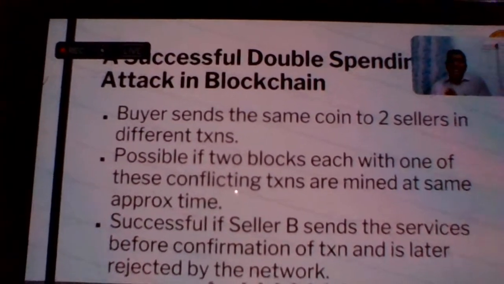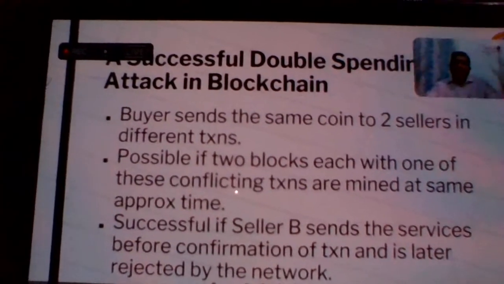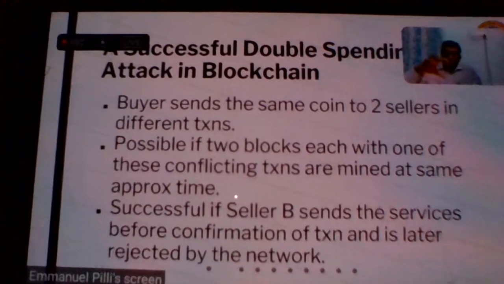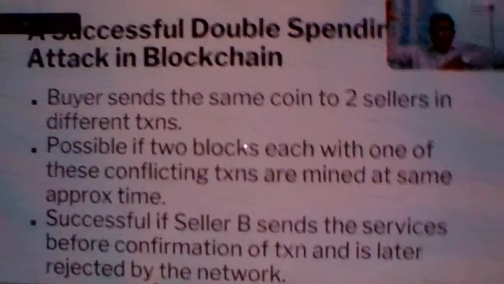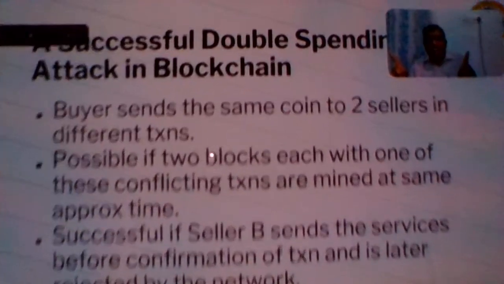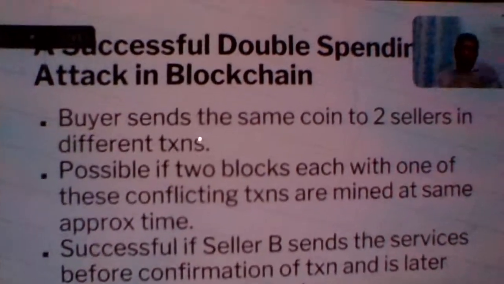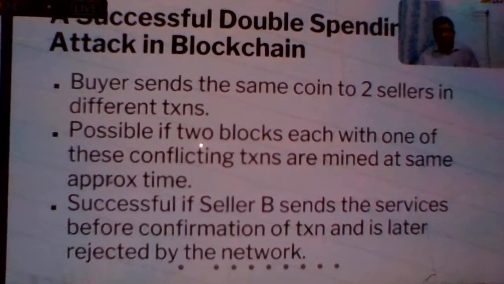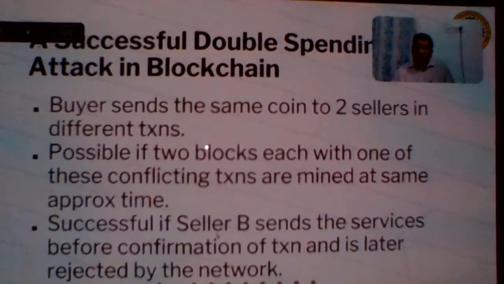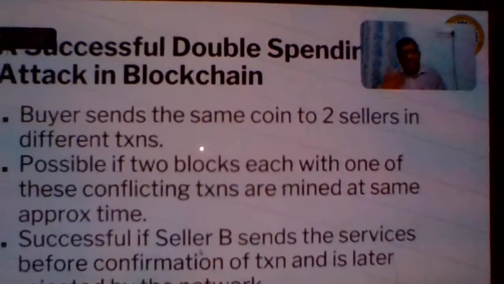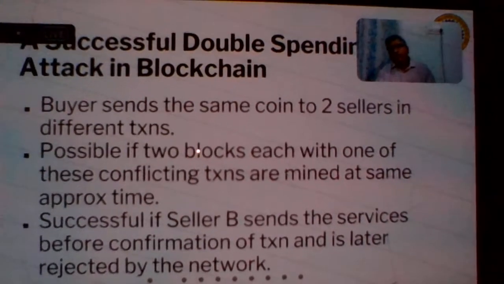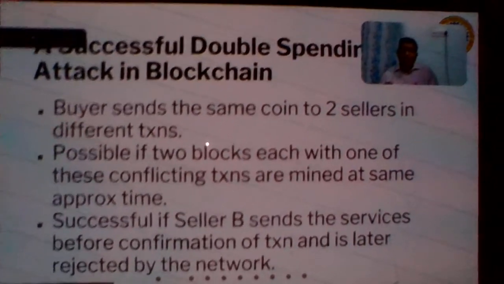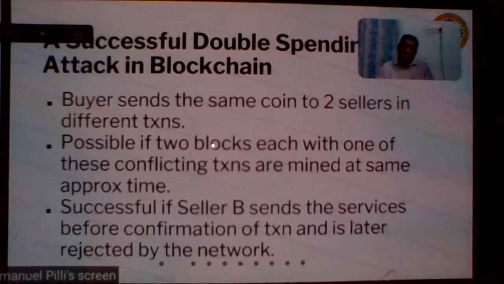But fortunately, let us say there are two people who are picking from the mempool, where all these transactions are lying. One fellow has taken 10, and the other fellow has taken 10. Each of the transactions has gone into a different block. Both the blocks are mined. If both the blocks are mined at approximately the same time, seller A gets the Bitcoin, seller B gets the Bitcoin, but seller B, before he ensures that this transaction got through successfully and completed,